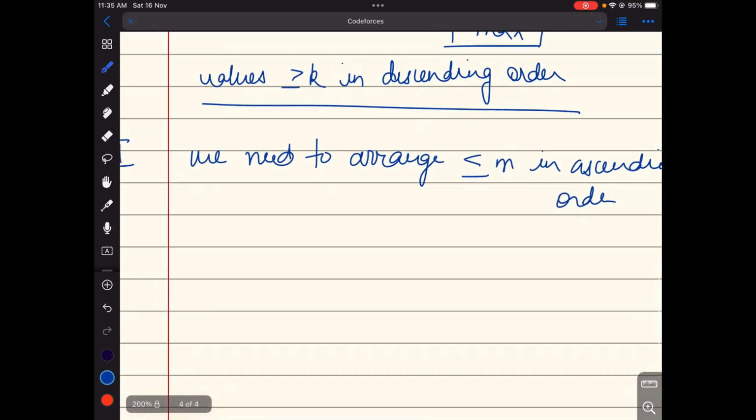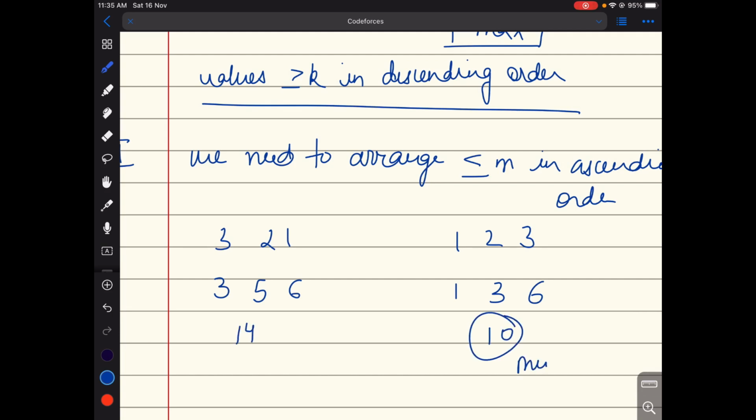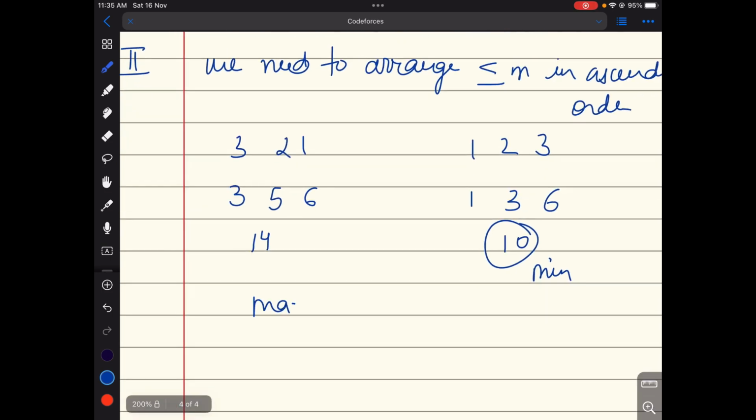Now why do we need to do that? Because if we take arrays 3, 2, 1 and 1, 2, 3, it would give me 3, 5, 6 and 1, 3, 6. If we add them, it would be 8 and 6, that is 14, and here it would be 10. So this is giving me the minimum. Since I need to get two arrays, a maximum and a minimum, such that it would give me the maximum difference possible,